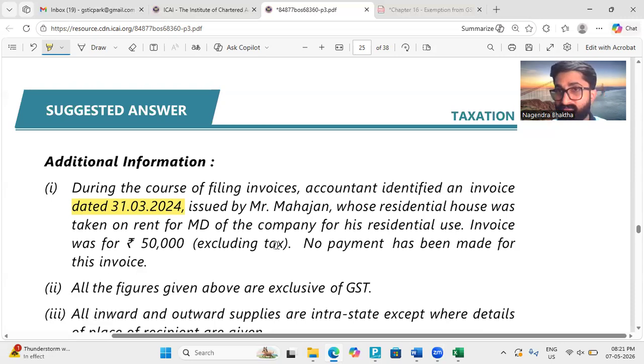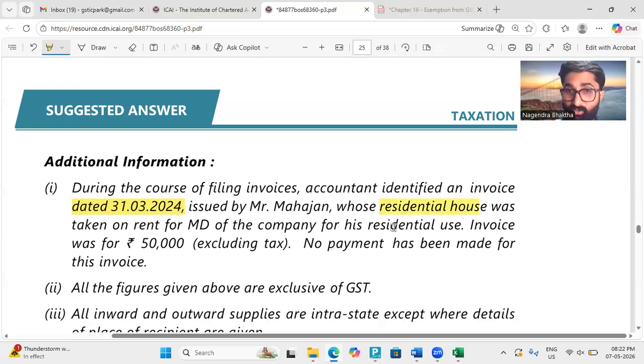Under Section 5AA, where a residential house is given by any person to a registered person, and the registered person uses it for business purpose,